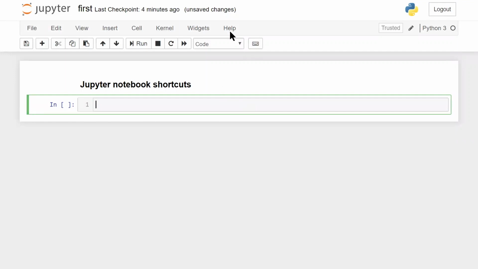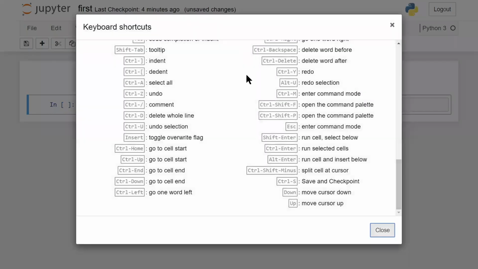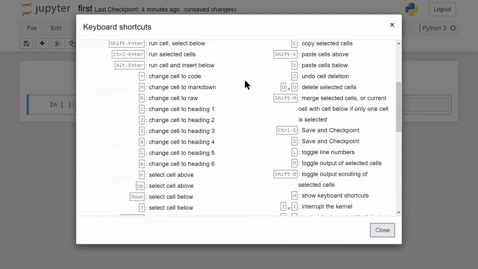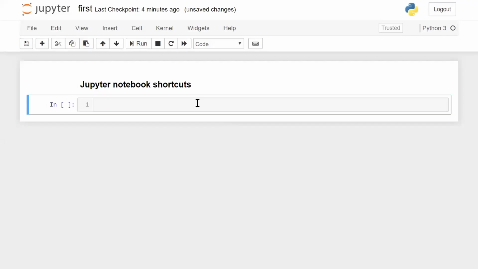You can explore the complete list of Jupyter shortcuts from the help menu and going over to the keyboard shortcut section. Some popular shortcuts are Escape and M. This makes a markdown cell. So by default, any new cell that you create is a code cell, and you can convert it to a markdown cell like this. You can also use the keyboard shortcut Escape M to convert to a markdown cell.